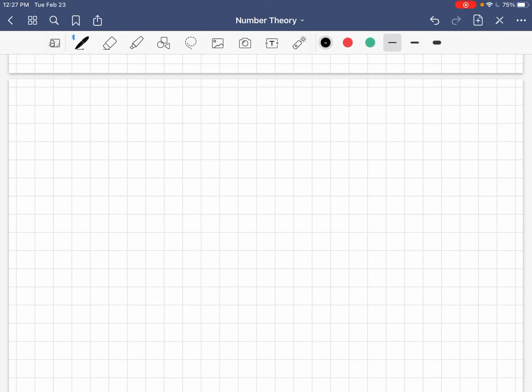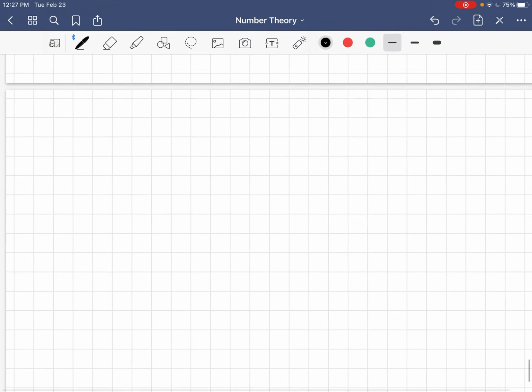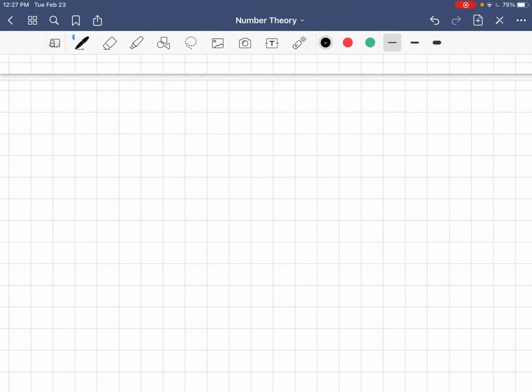Wanting to share with you something absolutely wonderful that proves a plethora of other important identities in number theory. And this is the idea of using matrices for the Euclidean algorithm instead. Traditionally, we're trying to find the GCD of two numbers, A and B, and